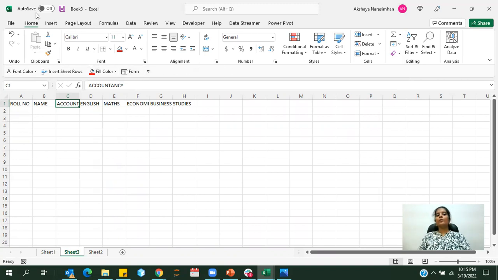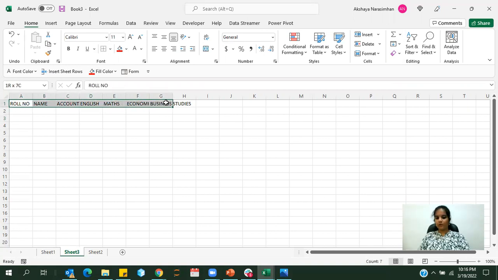For some of you, the quick access toolbar will be on the top above these tab names. For me, it is down just above the formula bar. It is here. It can be anywhere. In both the places, it is called only quick access toolbar. Okay. Now, once this is done, what you do,